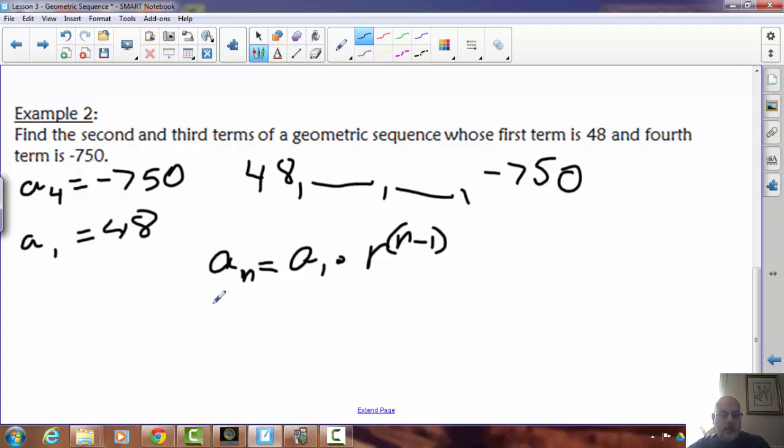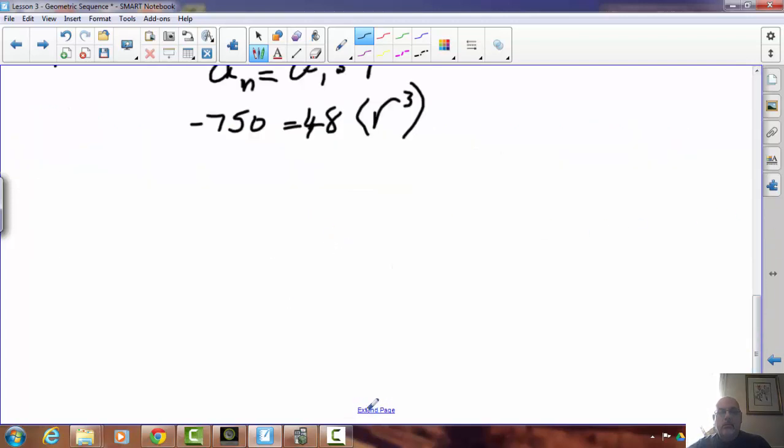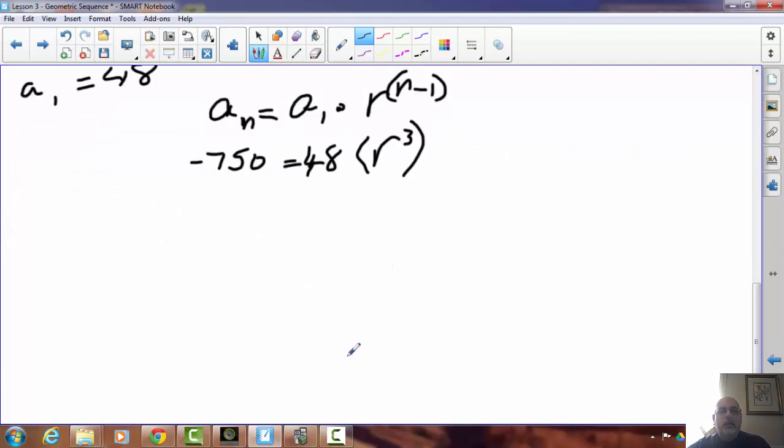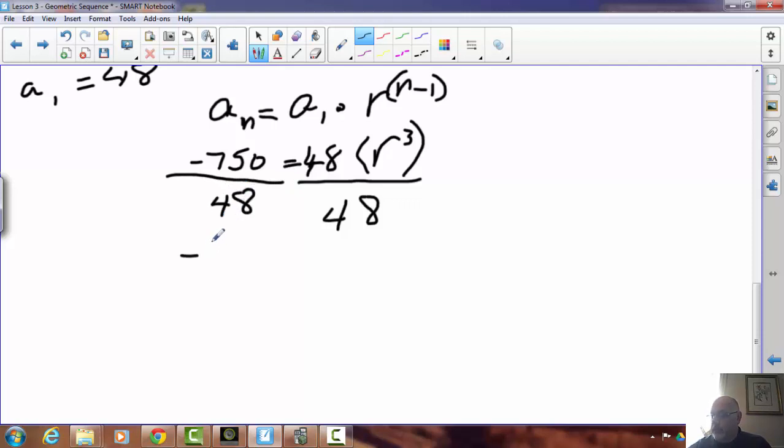Okay, so we're going to look at our fourth term, negative 750, is equal to our first term of 48 times r, n is 4, so 4 minus 1, r cubed. So in order to solve this equation, we need to divide both sides by 48. So we have negative 15.625